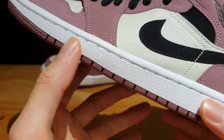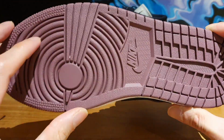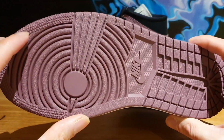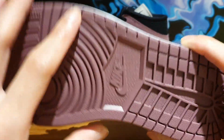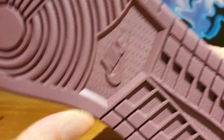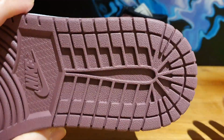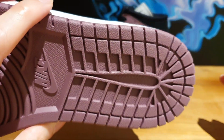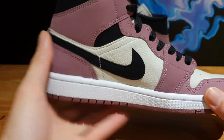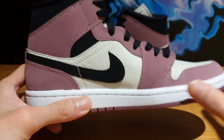And then for the midsole, you get your typical Air Jordan 1 midsole all done in white here. And the outsole is once again done in that very beautiful mulberry color with the circular traction pattern on the forefoot area. On the mid part, you see the Nike branding with the Nike swoosh logo right underneath it. And on the back side, you see more of that typical Air Jordan 1 outsole traction pattern. So it is a very clean pair of sneakers, very simple, and I think it's a very nice pickup